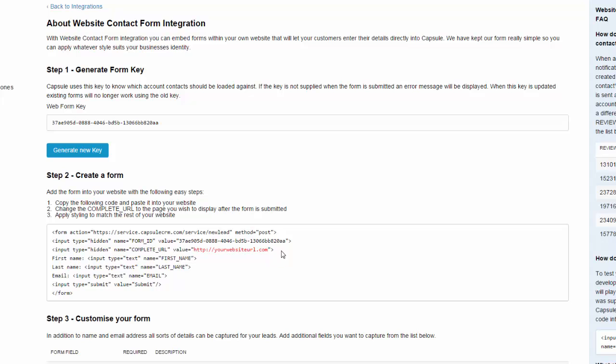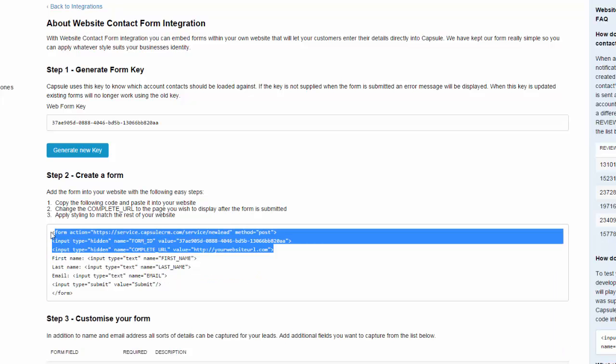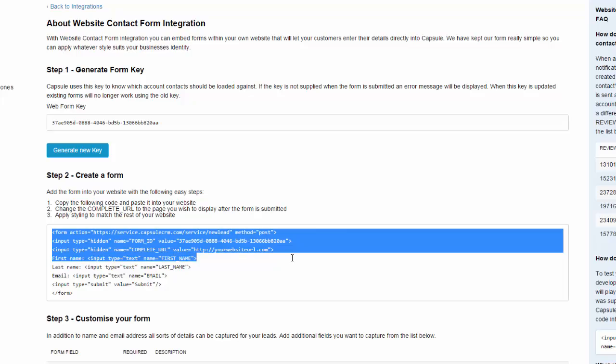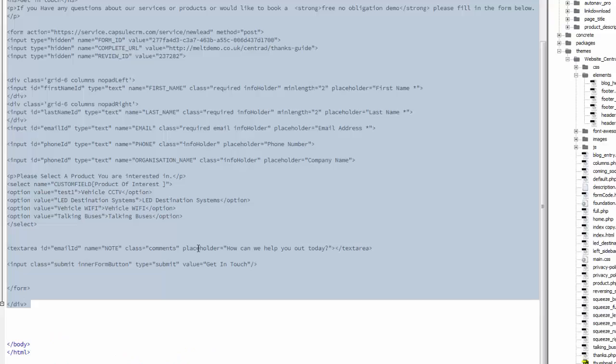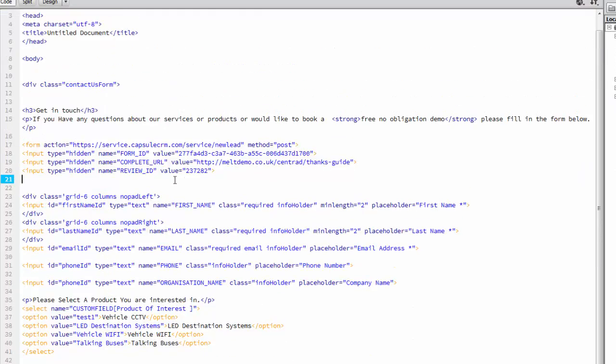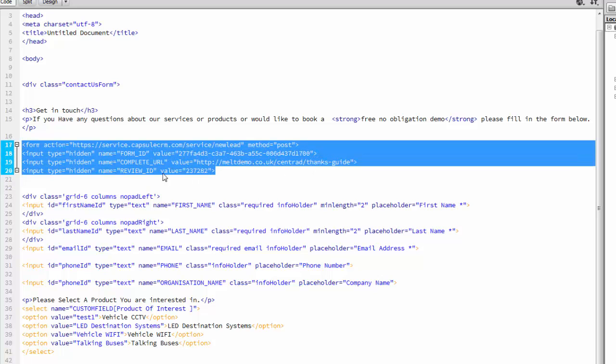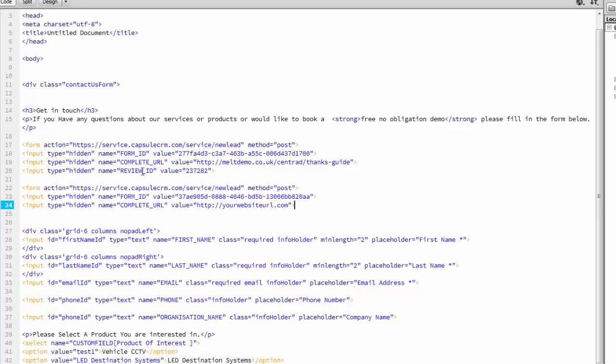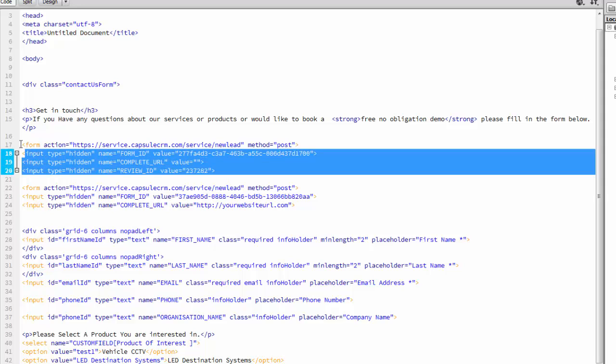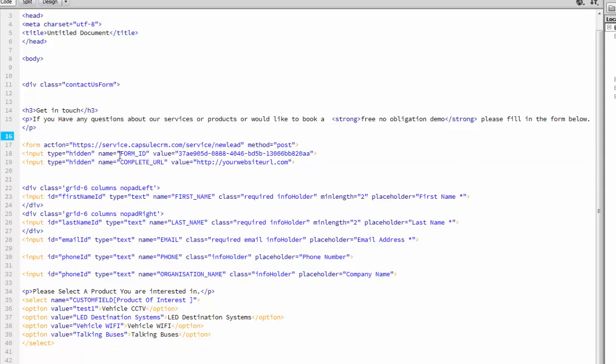Okay, if I just copy this form code, we'll go over to Dreamweaver, where I've already got one set up here. If I pop that below, I'll grab this and explain what's happening. Obviously we've got where it's talking to, new lead, post, and then we've got the key. That was the key that was generated, and then what we've got here is a value